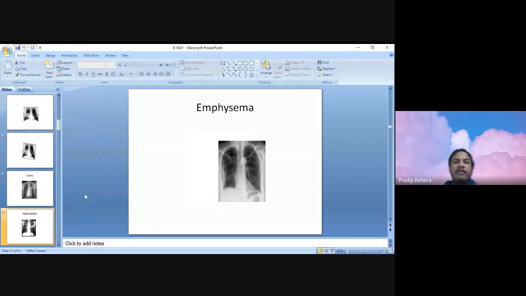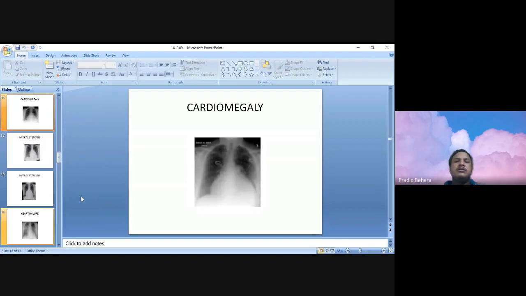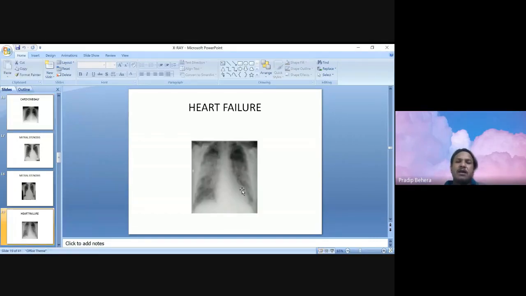But in heart failure, there will be only confluent shadows without any fibrosis, without any tracheal deviation. And if you look at the different pathology, they are of the same uniform type in heart failure. Can you see here, there is no tracheal deviation, no fibrotic bands. These are features of only patchy opacity in bilateral lung fields. This is due to the presence of fluid, alveolar edema. So the alveolar fluid appears like this, and sometimes is associated with cardiomegaly.